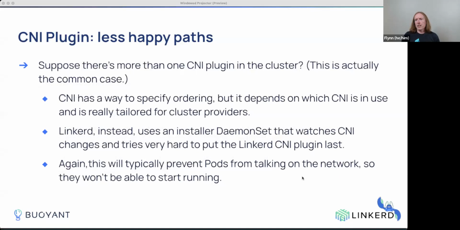Other less happy paths. There was a question about, well, can this work with multiple CNI plugins? The answer is yes. The common case really is that people have more than one CNI plugin when they're using this stuff. And CNI is a little bit interesting. It has a way to specify the order in which plugins will run, but CNI as a whole is really interesting. It was pretty clearly designed with the intention that the cluster provider, the cluster administrator, and by cluster administrator, think the people running things like GKE,